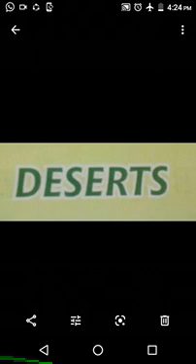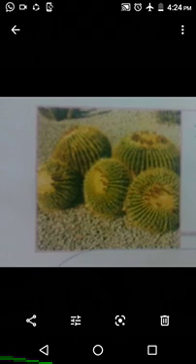So far as deserts are concerned, more than one third of the Earth's land surface is covered by near deserts or true deserts. Here, I want to add that more than one third of the Earth's land surface is covered by deserts. What are deserts? Deserts are those places that hardly get any rain each year.